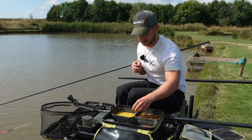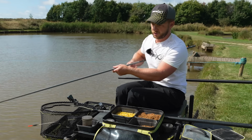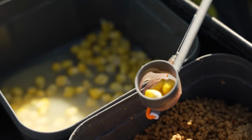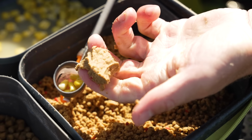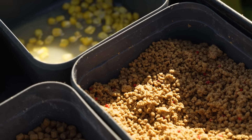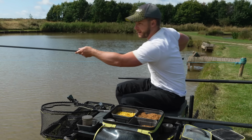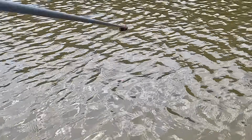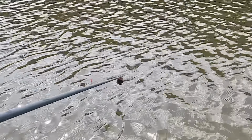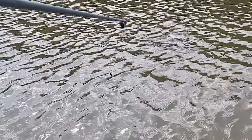So I'm just going to select a nice big grain of corn, a nice heavy one that'll help with that toe. Hook him across the head of the corn, if you like, and we're putting 6 or 8 pieces of corn in our pot, squeezing some fishery micros almost into like a pasty ball and just thumbing that into our medium flexi. And then we're just going to spin round on our top kit, and because those micros are so hard, I don't need to release them on the surface. I can just knock them out in the air, and we're just going to flick our 0.5